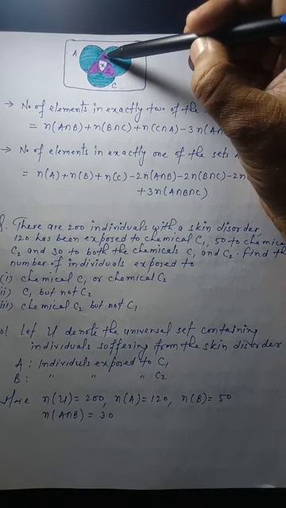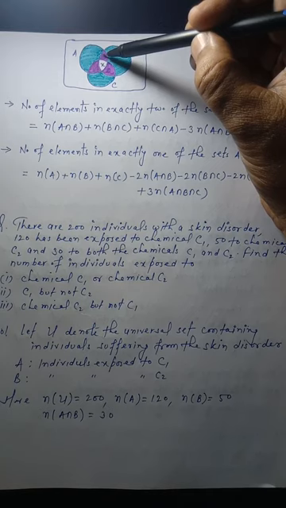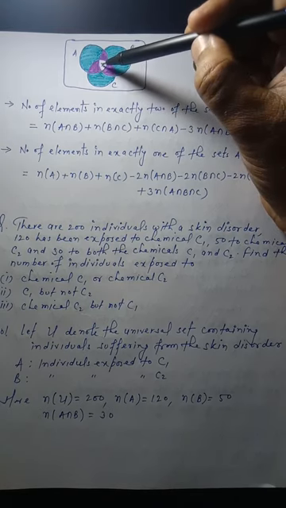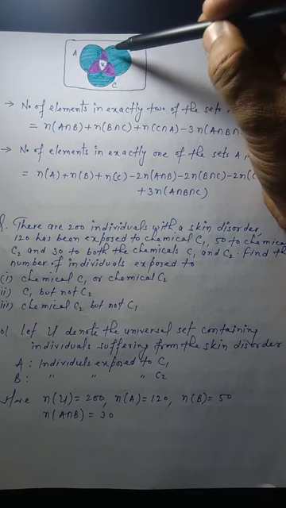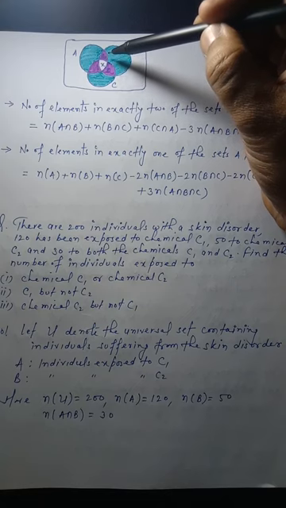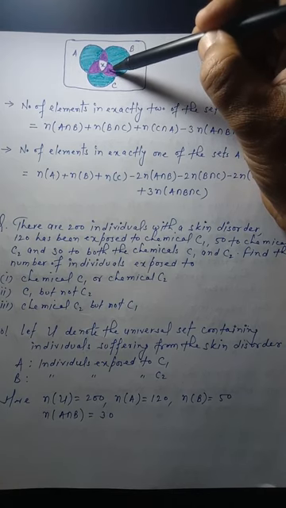So this is the brown part. We need to find this brown plus this brown plus this brown. We will not take this X because it is common in all the 3 sets. So for exactly 2 sets, the common portion is this brown, this brown, this brown. Actually this brown is A, this brown is B, this brown is C.